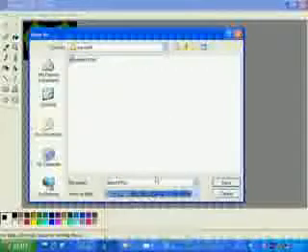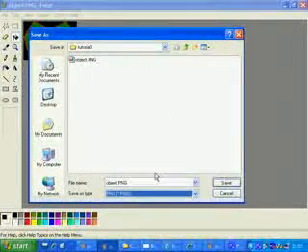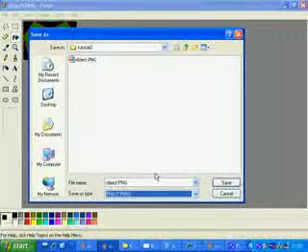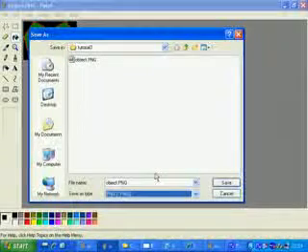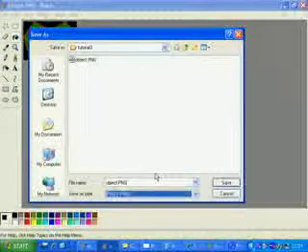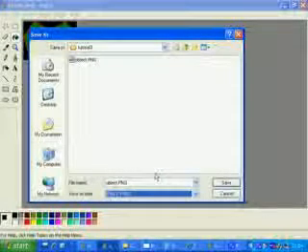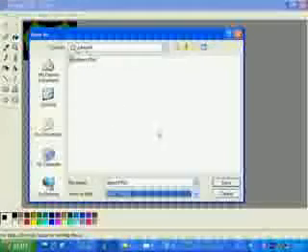I'm using PNG because PNG doesn't change any of the background, like when you save an image in JPEG and reload it and zoom in, you'll see that some of the colours have been changed, or some of the background might look a bit more blurry than normal. I'm also not using BMP or bitmap format because bitmap is quite a large format to use, and you're going to be wanting to put your games online for other people to download, so you're going to want to use something like PNG, which compresses the graphic file down a bit, so it's a bit of a smaller size. So we've got our object saved,